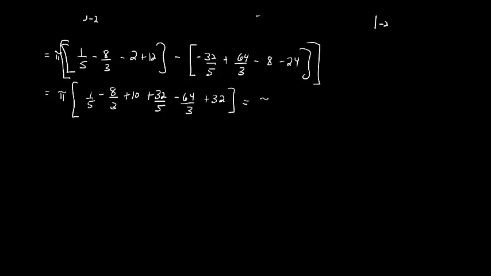So we're going to keep the pi out in front. So 1/5 plus 32 fifths is 33 fifths. Negative 8 thirds minus 64 thirds. Yeah, that looks like negative 72 thirds, like that. Then I get plus 10 plus 32 is plus 42. I think that's right. Yeah, that looks right. So we're going to have this equal to a value of pi. So we're still at 33